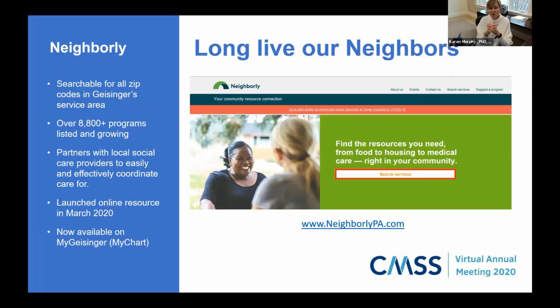And we launched it. We were planning a much slower launch, but when the pandemic hit, we decided that we weren't going to do a really long launch. While we tested, we thought that it was very important to get it out to those in our community that could benefit from the information. So we did a large launch in March of 2020. Next slide, please.